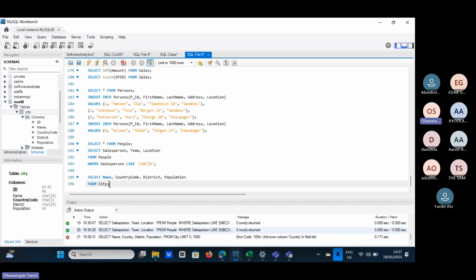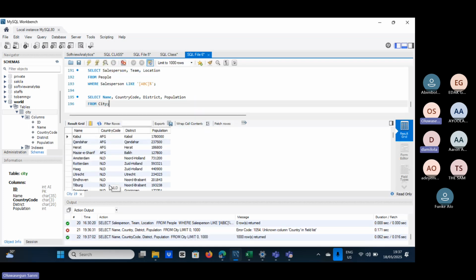Now, if I execute this now, it should give me a table. These are the list of the name, the country code, the district, and the populations, right? In that